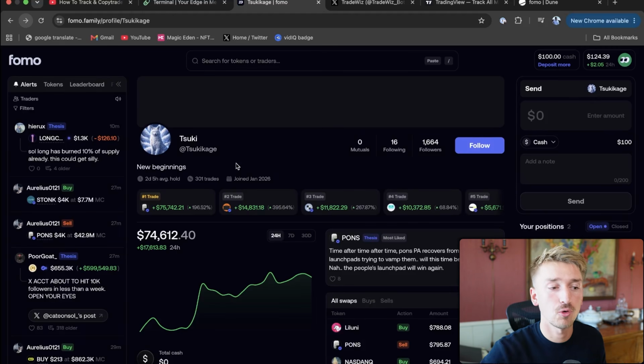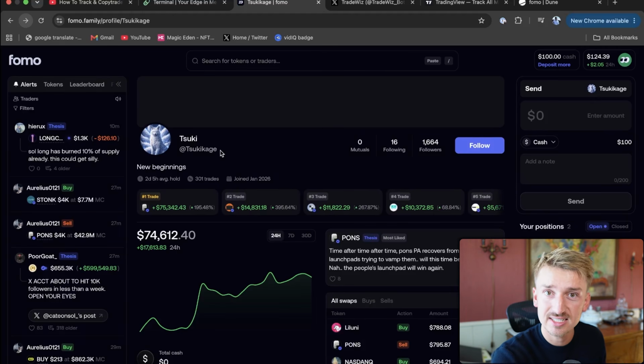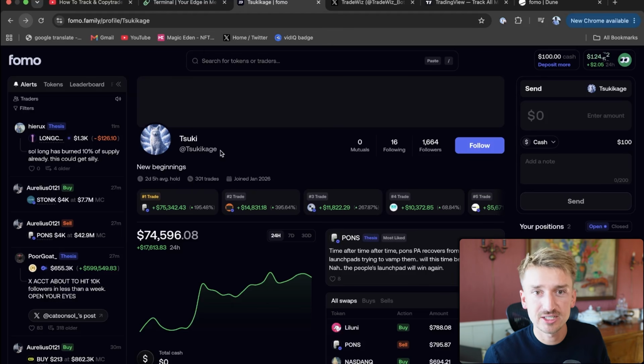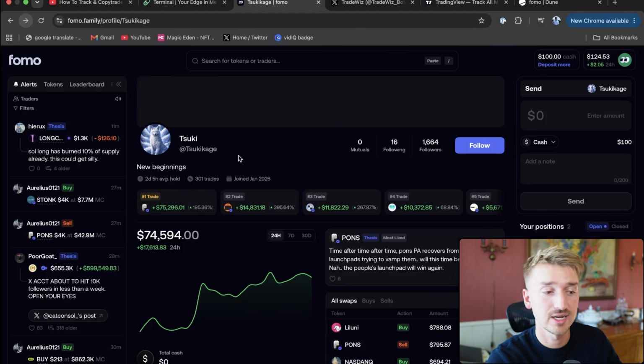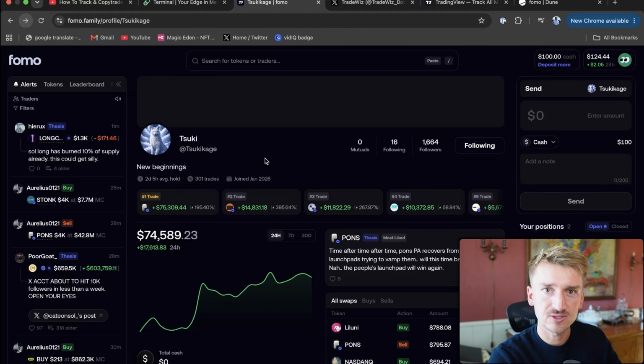And because the people I'm following hold all of their tokens for at least a few hours or a few days, it doesn't really make a big difference if I get into a token a minute after them. Theoretically, that won't make a big difference to my entry compared to his entry and the end profits. While if you were to copy people who hold the token for 10 minutes, you probably want to get in only a few seconds after for it to actually be worth it. Because if you get in 2 minutes after him, then that might be a completely different trade than what he got into. So that is pretty straightforward and the easiest way to basically copy trade good traders.